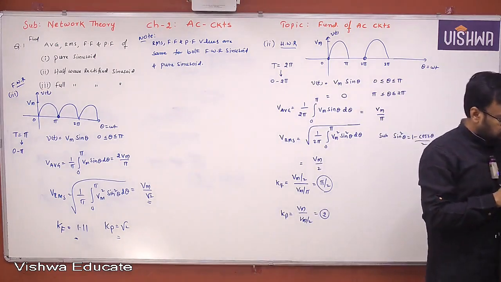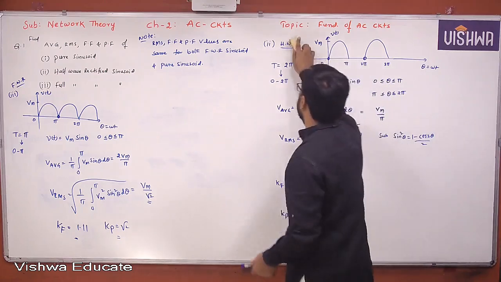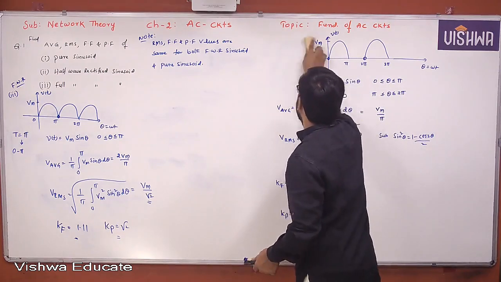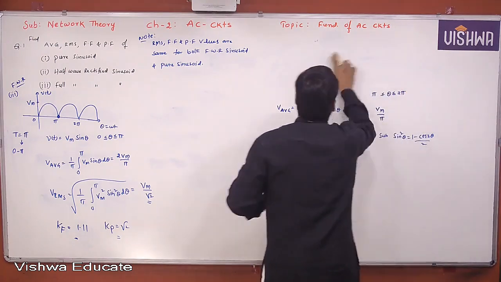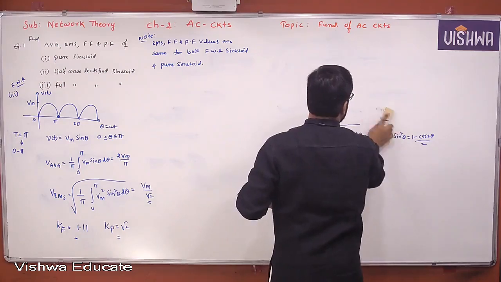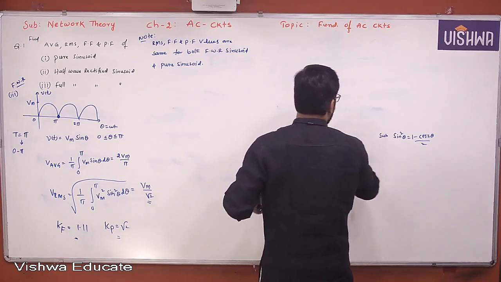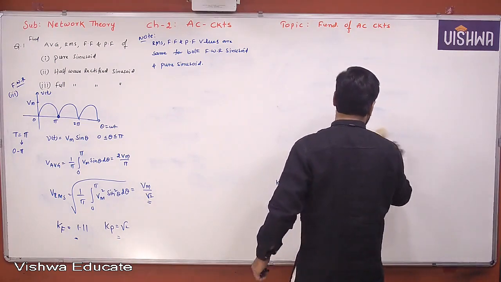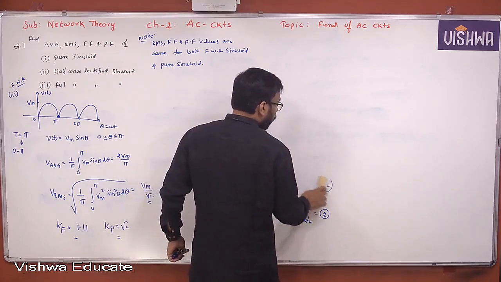Full wave rectified sinusoid and pure sinusoid. Okay, so note on that. Meanwhile, I just note another problem here. Note down that form factor, peak factor values are same for both full wave rectified sinusoid,